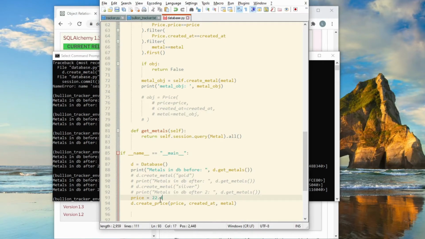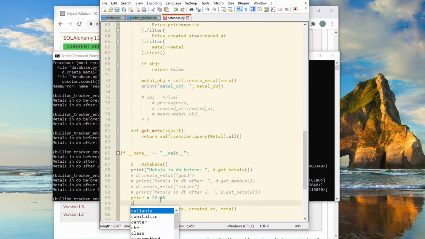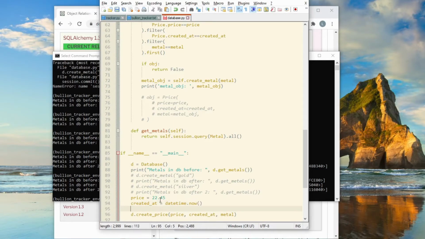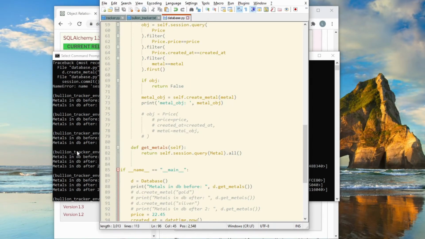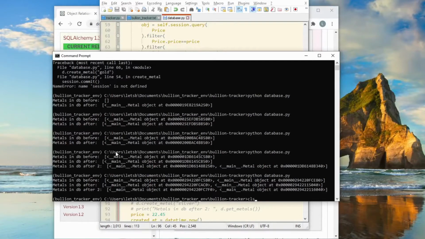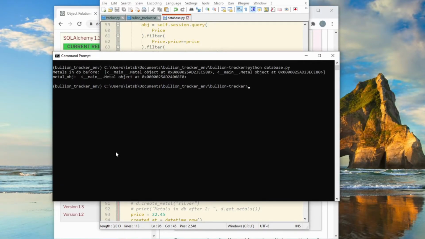Let's say 22.45, and then created at, we'll just pass in datetime.now, and for the metal, we'll pass in, let's say, gold. Okay, so let's clear the screen and run it again. So it tells me that the metal object is indeed a metal object from the database,